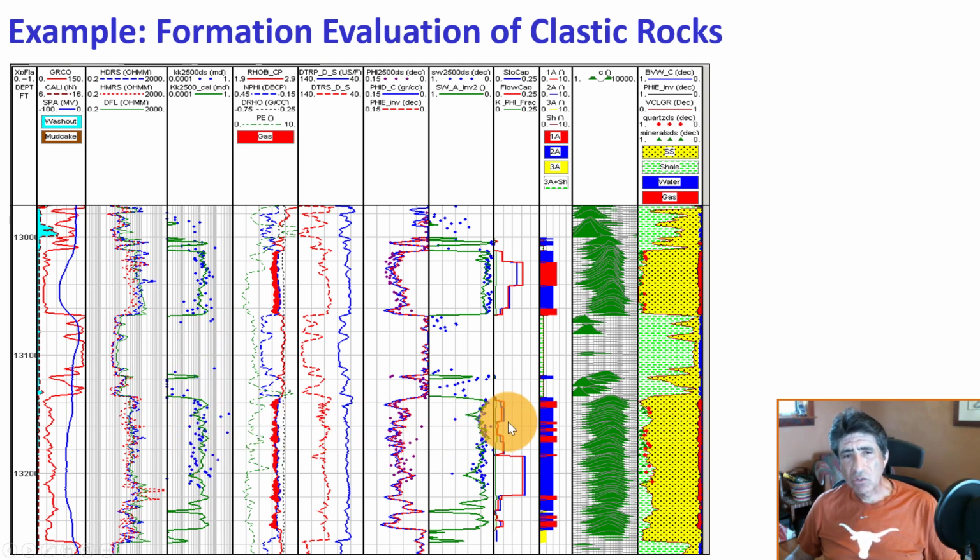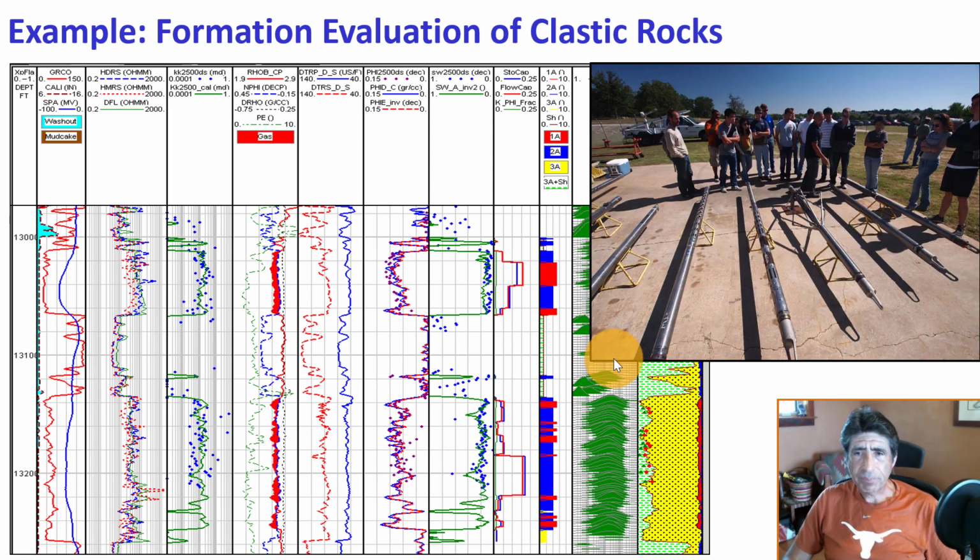And based on those analyses, by merging all of them, because not one well log gives you all of the properties, you have to combine them, then we can estimate porosity, permeability, compositions. Here are the compositions, shale, sandstone, and so forth. And this well log is called magnetic resonance, and I mentioned that in some of my previous video lectures.